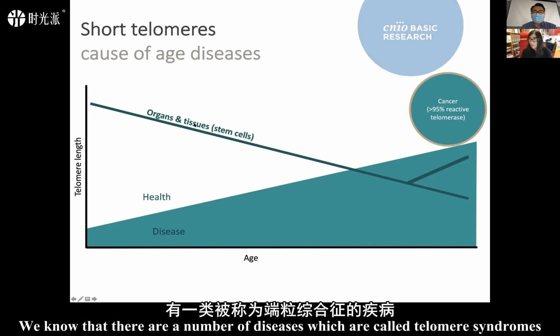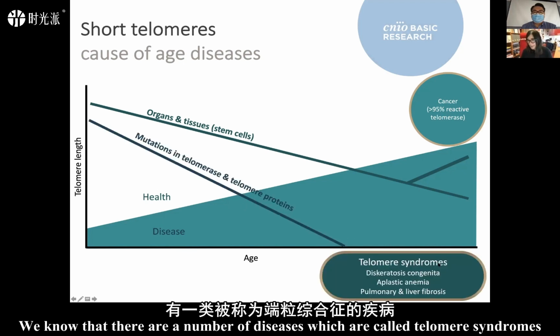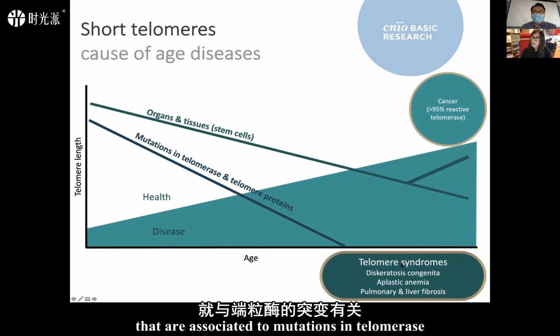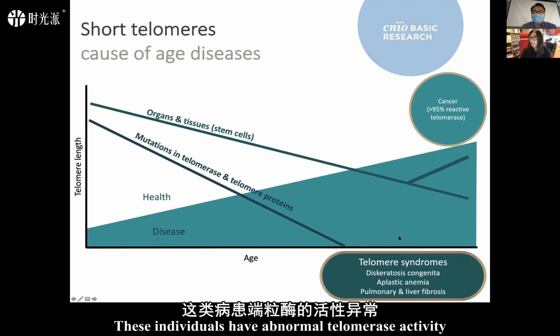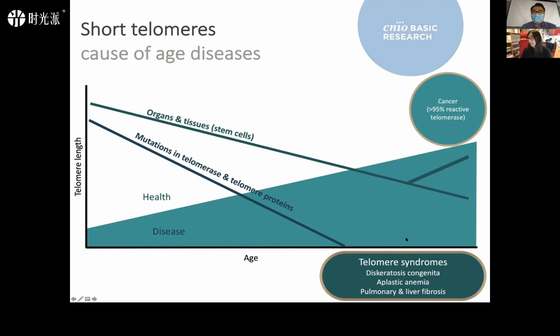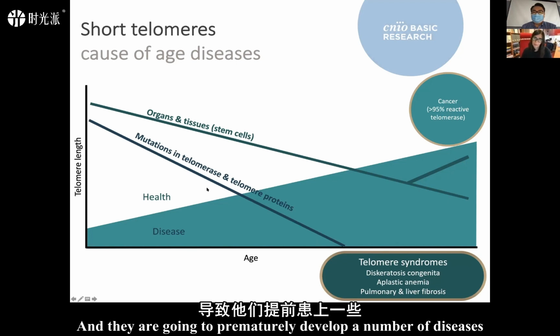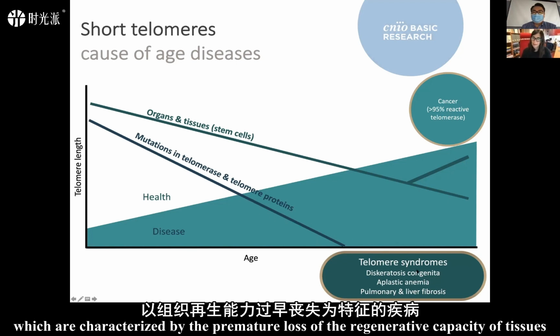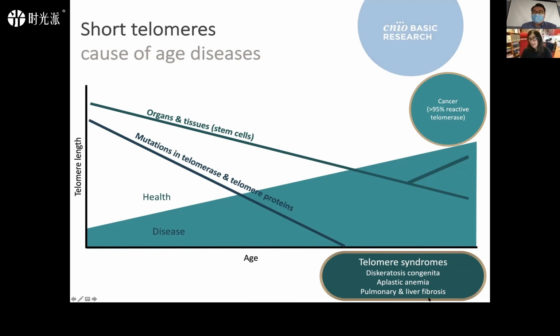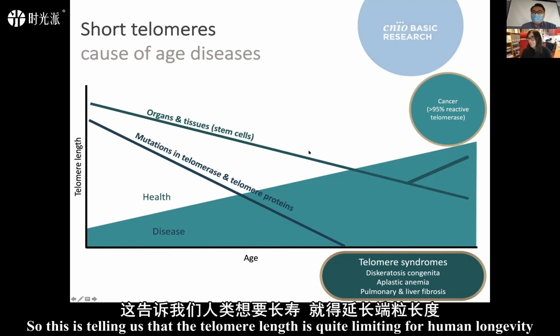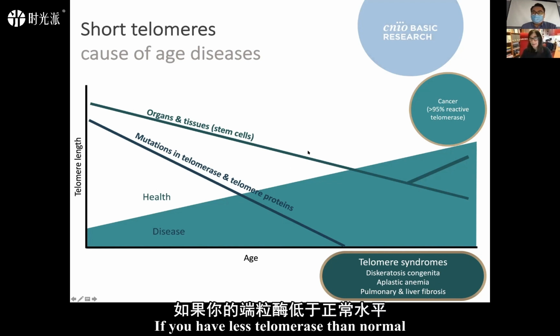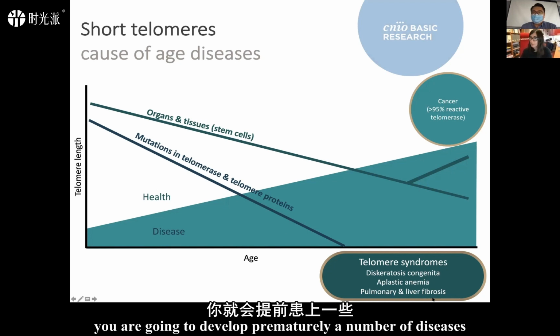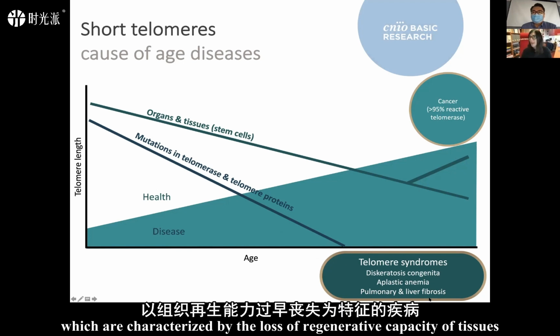We know that there are a number of diseases called telomere syndromes that are associated with mutations in telomerase. These individuals have abnormal telomerase activity, their telomeres are not properly maintained, and they prematurely develop a number of diseases characterized by the premature loss of the regenerative capacity of tissues. So this is telling us that telomere length is rate limiting for human longevity, and if you have fewer telomeres than normal, you are going to prematurely develop a number of diseases characterized by the loss of